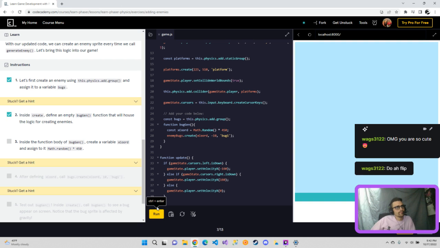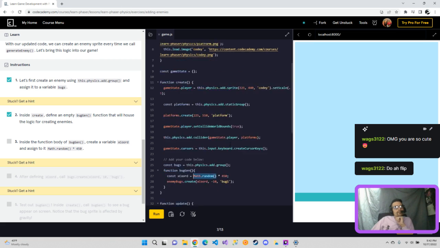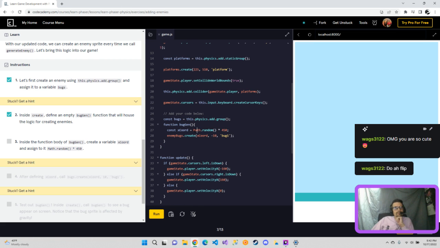We did that. Inside bug gen, create a variable called x coordinate. Assign it to Math. We're case sensitive. So this can be uppercase, but this one right here specifically, since this is a function from a separate library, has to match exactly. So now when we run it,